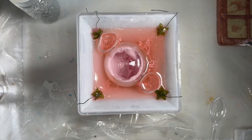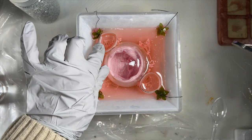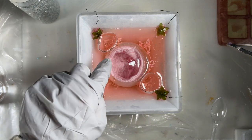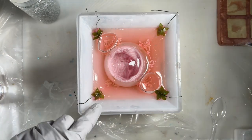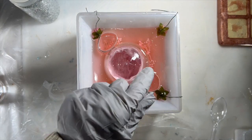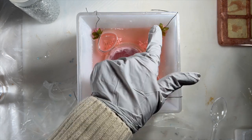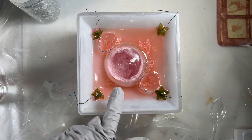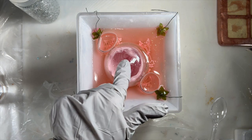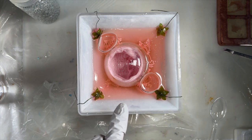Hi, welcome back. So this deep pour part has hardened. It took 2 days. I put the wrist bracelets around that's stuck in. You can see, just holding over some light for you, some baby's breath in there. These 4 little roses, I can cut the stalks off now. So I'm also going to hot glue something onto here, but you'll see. So bear with me, we'll go through the stages and I'll just talk and tell you what I'm doing as